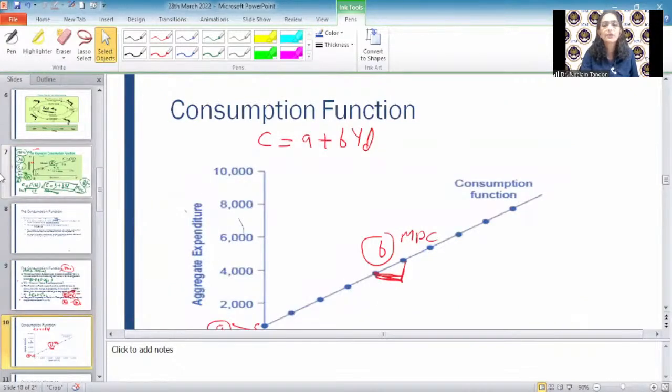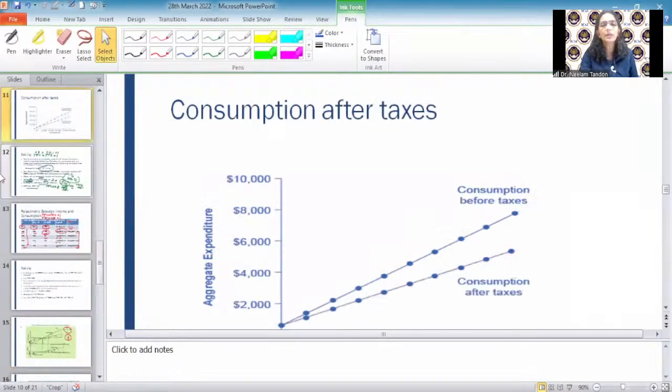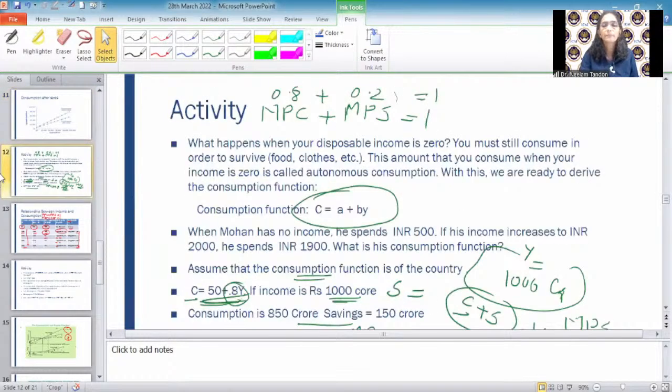दिस इज द कंजम्पशन फंक्शन वी हैव ऑलरेडी शेयर्ड। ए क्या है? ए ऑटोनॉमस कंजम्पशन है, बी क्या है? मार्जिनल प्रोपेंसिटी टू कंज्यूम। व्हाट इज मार्जिनल प्रोपेंसिटी टू कंज्यूम? चेंज इन कंजम्पशन टू चेंज इन इनकम। वाईडी क्या है? डिस्पोजेबल इनकम। अगर गवर्नमेंट टैक्सेस बढ़ा देगी तो उस केस में क्या होगा? कंजम्पशन डिमांड कम हो जाएगी, बिकॉज आपकी डिस्पोजेबल इनकम कम हो जाएगी, बिकॉज टैक्सेस आपकी इनकम में से कम हो जाएंगे। अगर टैक्सेस कम हो गए तो ऑब्वियसली आपकी डिस्पोजेबल इनकम बढ़ गई, कंजम्पशन आपका बढ़ जाएगा।